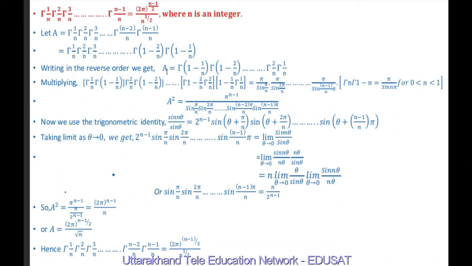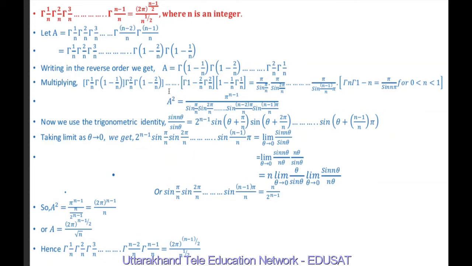So a is equal to gamma(1 - 1/n), gamma(1 - 2/n), up to gamma(2/n) and gamma(1/n). So I have written it in reverse order. If we multiply this formula, which we have substituted as a, and these terms which we have written in the reverse order,